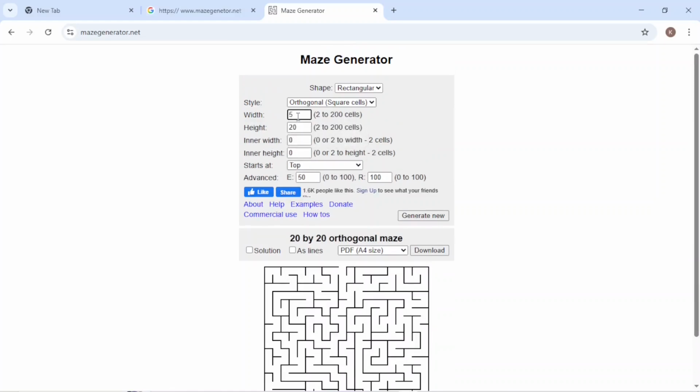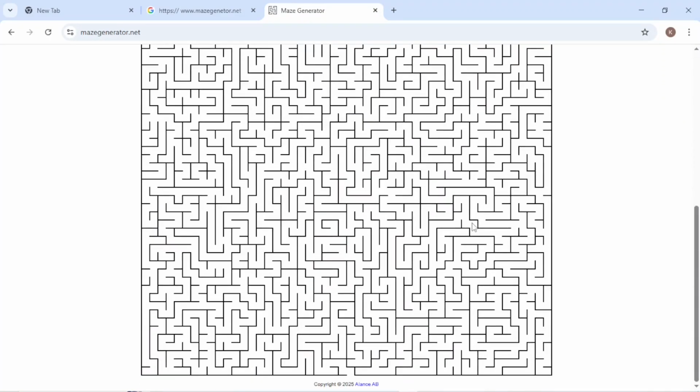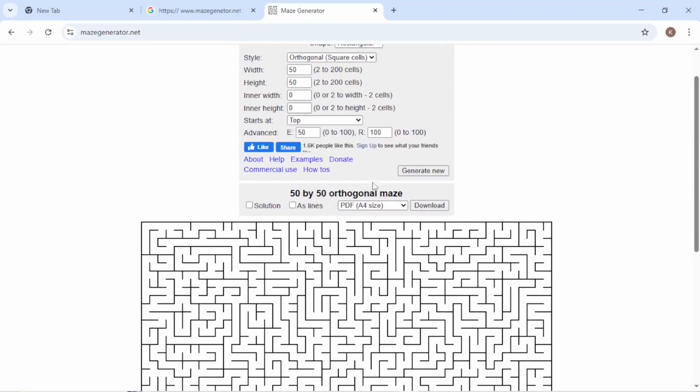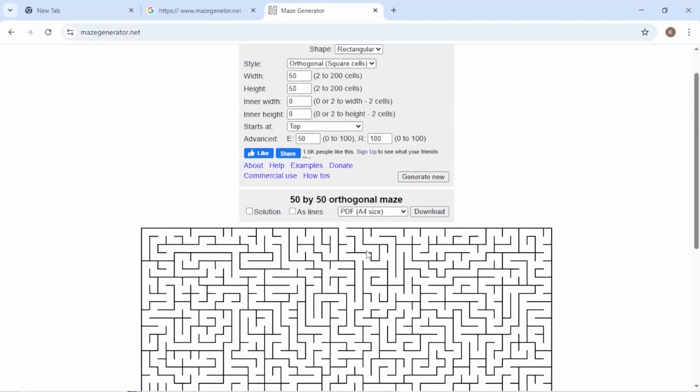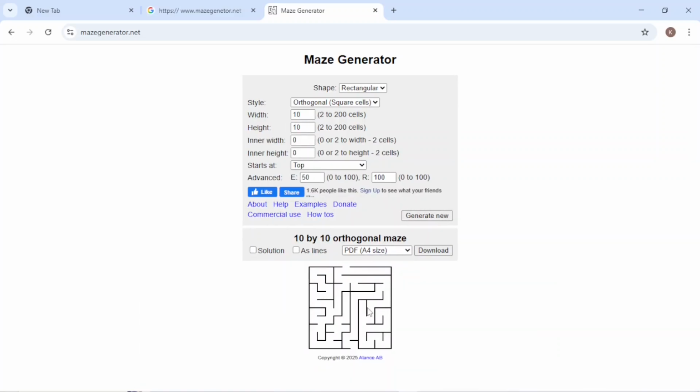Here I will type 50 and here also I will type 50 and then again generate new. Okay, oh my god, it's too big, right? I don't want this much. So I will take a small maze right now. I'll take 10 width and 10 height. This much is good for me. Now generate new. Yeah, this one is fine.